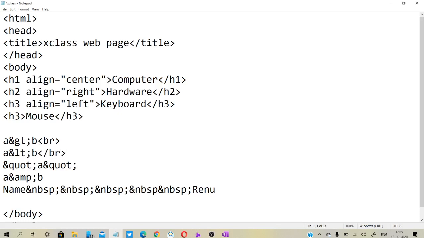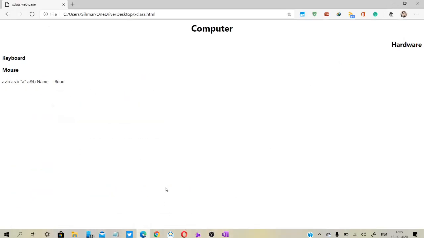BR is an empty tag, so no need to close your BR tag. So let's see the output.